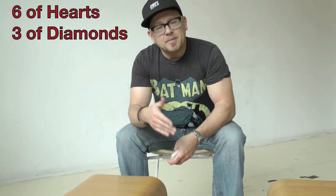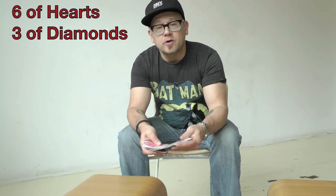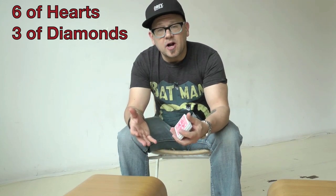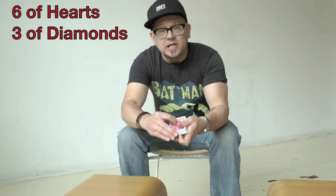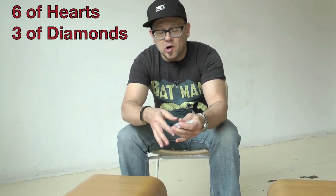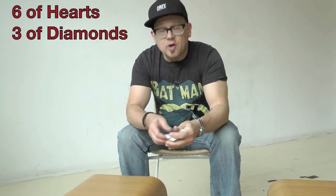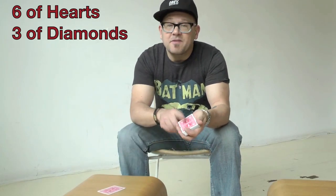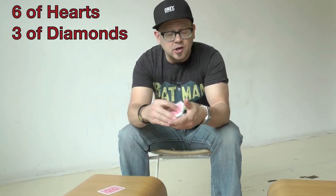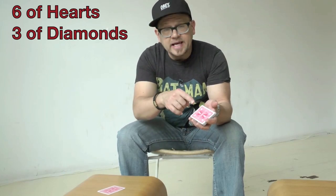Now, the way the amateur and the professional magician actually reveal their cards is different, too. Because, you see, just like the professional magician doesn't have to fan out the cards, he doesn't have to cut the cards to find the card either. That's the amateur. The amateur literally has to take the pack, cut the cards to one card, and find the first selected card. Six of Hearts was the first selected card. The professional magician, to find the card, though, doesn't have to cut the cards, like I said. Doesn't have to do anything. The professional just has to snap his fingers, and just like that, he finds the card. Oh, not here. Actually,